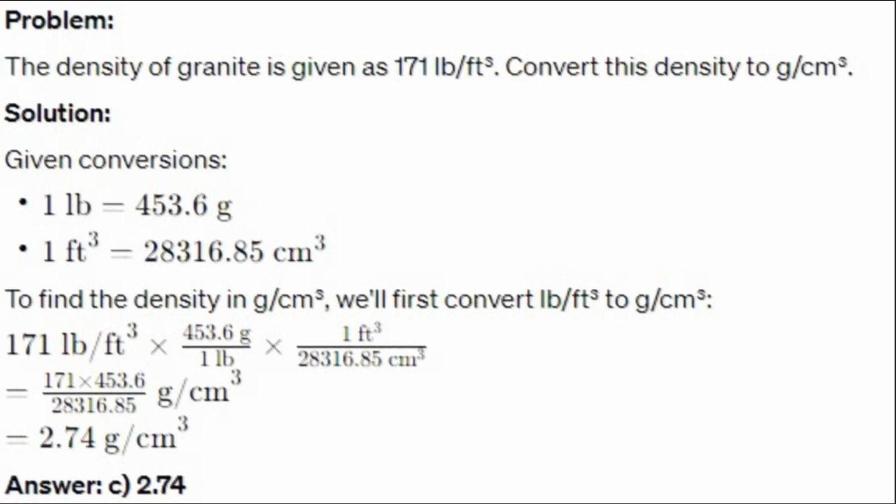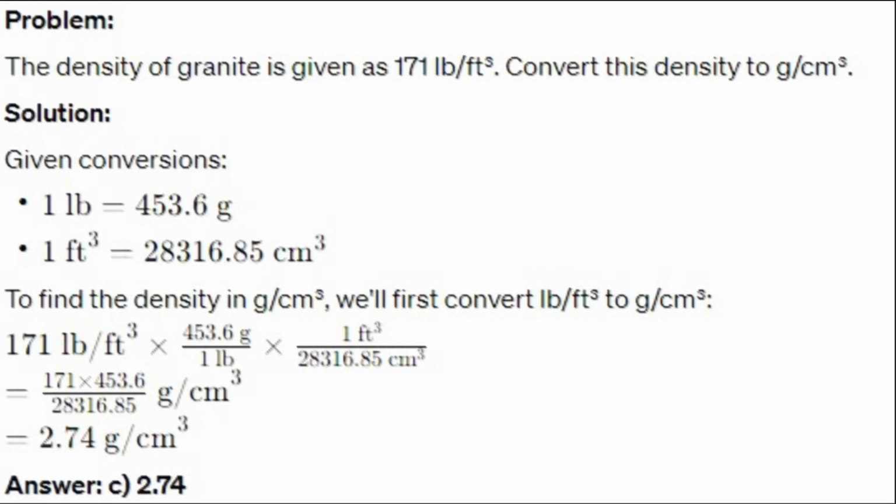Solution. Given conversions, 1 pound equals 453.6 grams. 1 foot equals 30.48 centimeters, so 1 feet cubed equals 28,316.85 centimeters cubed. To find the density in grams per centimeter cubed, we first convert